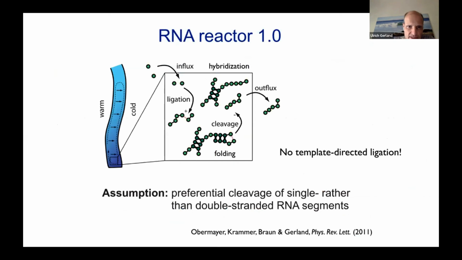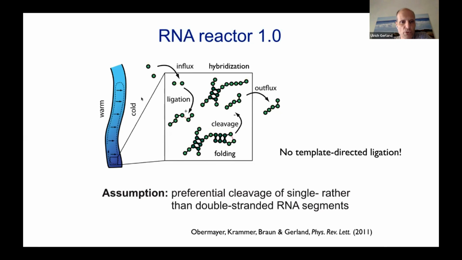We started with this a bit more than 10 years ago, and we had an original version of our software toolbox that we call the RNA reactor. That had some significant limitations, which we have now overcome to some degree. I will tell you about that in just a minute, but I want to briefly mention this original work because it illustrates the idea of emergent behavior. This original work had built in random ligation processes. It had hybridization built in. It had influx and outflux, and it assumed that all these things would be happening in a